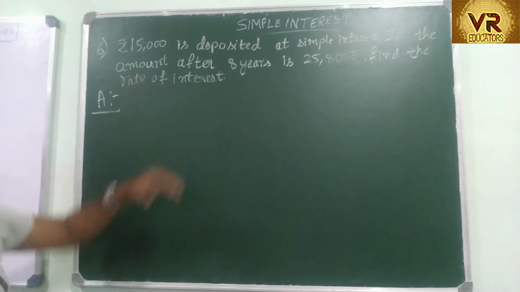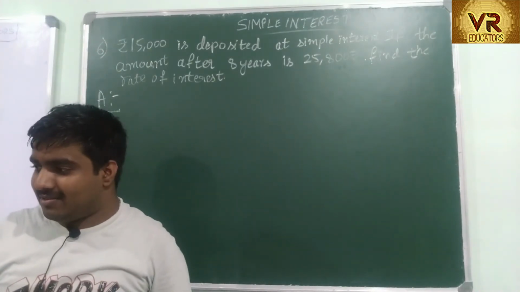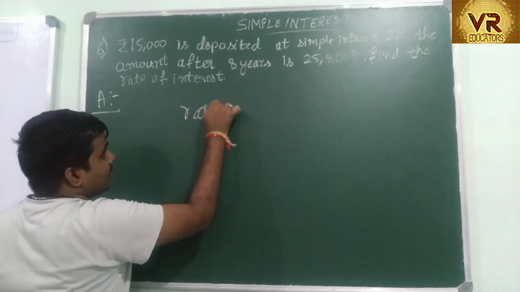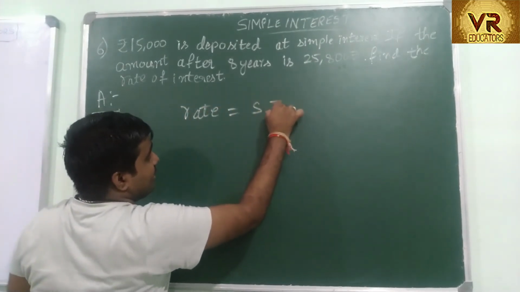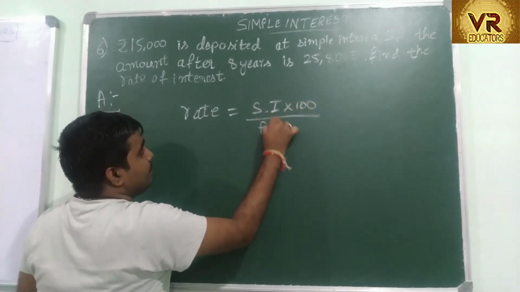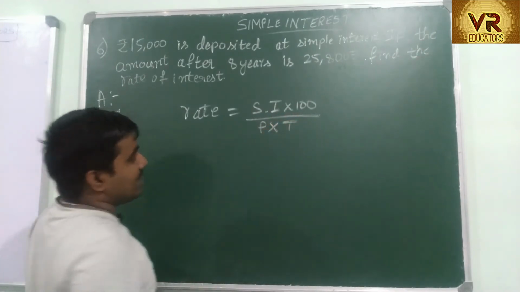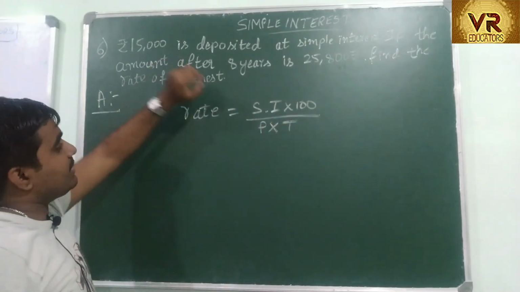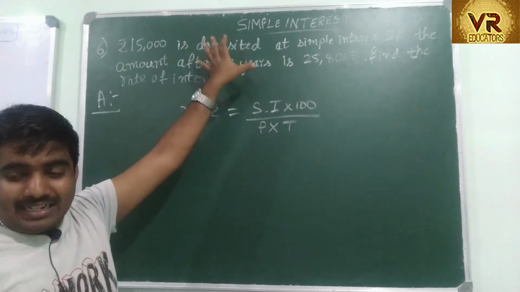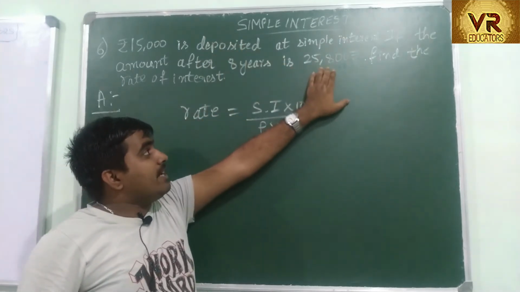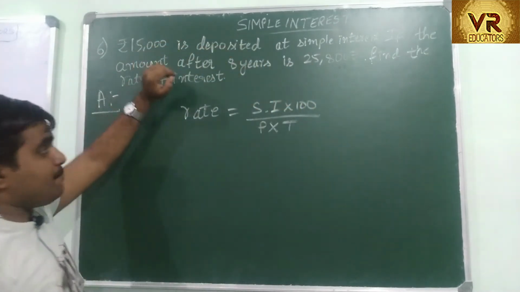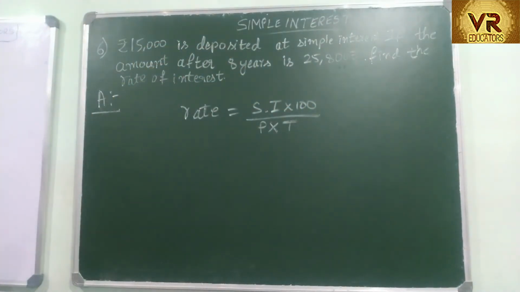Then what rate are you getting? What is the rate you have to find? Okay, so the formula for the rate is SI, that is simple interest into 100 divided by P into T, that is principal into time. We know principal is 15,000, time is 8 years. What is simple interest? Simple interest is not given. Instead they have given you the total amount you will get back. By using the amount formula with the amount and the principal, you can find the simple interest.